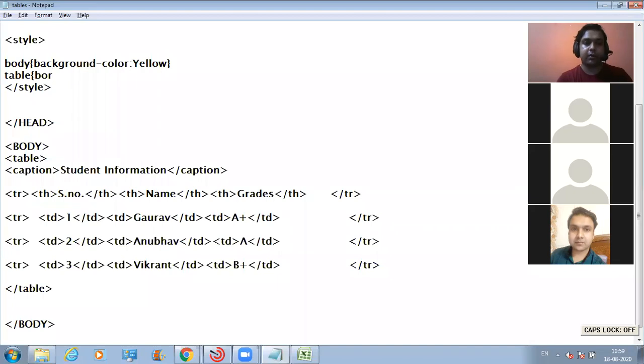By using the border property. Okay, and what is the value that you can pass for this border property? 1 px. Okay, 1 px stands for 1 pixel. Border and color. Just a second.